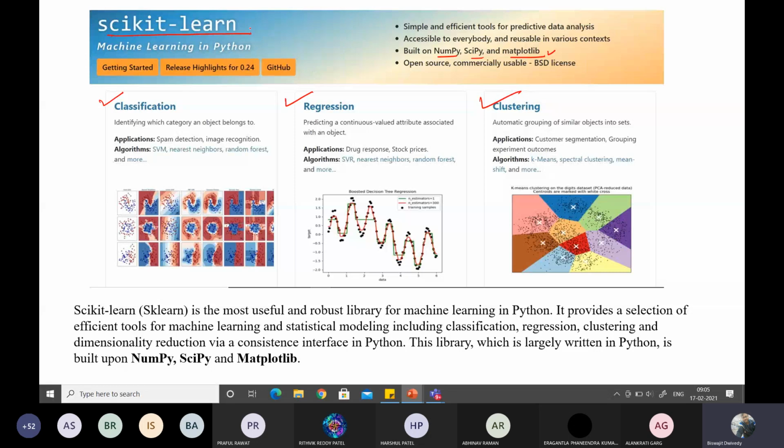Today I'll be showing you the basic programming of linear regression, in which I'm not going to use scikit-learn. But keep in mind that in the next class I'll show you how to use the scikit-learn library for different purposes. Whenever the size of the data set increases, it is very convenient to use scikit-learn. So instead of directly doing the programming in Python, it's better to use this library, because it is exclusively built for machine learning purposes.